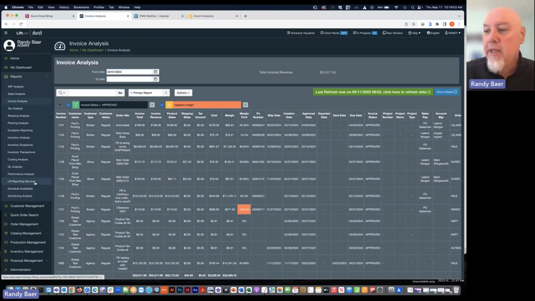If you have a type of report that you don't see in Lyft, we do offer Lyft reporting services. Again, we talk about data going back and forth between different systems, going from analytics to Lyft or analytics to another system. We have the ability to do that in Lyft as well, utilizing Lyft reporting services, so you can get exactly the data that you need being sent exactly where you need to send it.